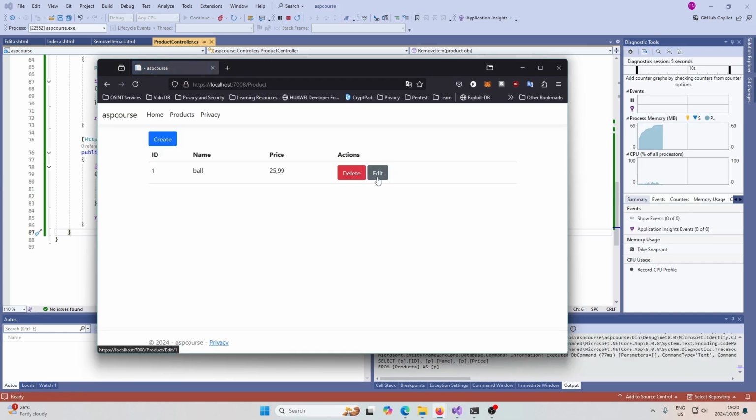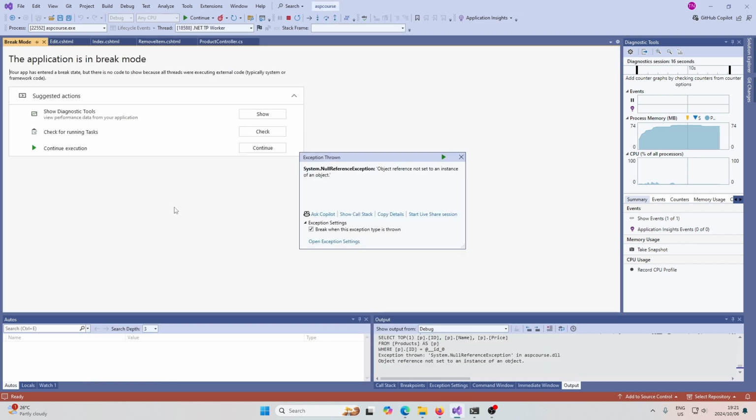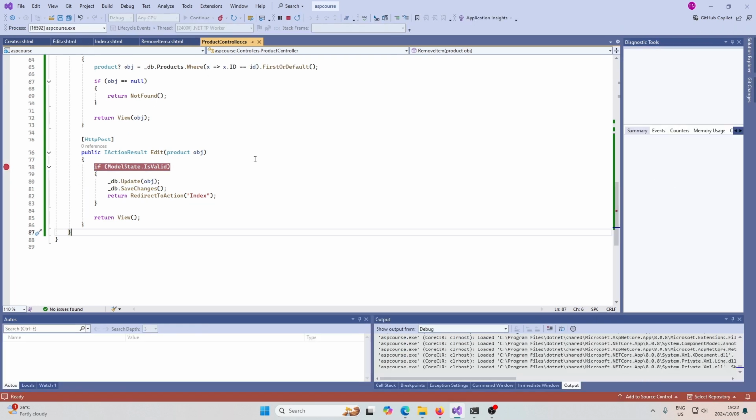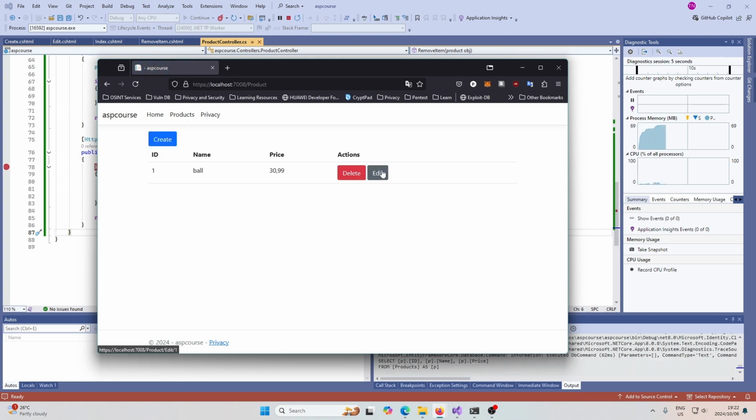We see our edit button here. If we click on it, we can update something. So let's set this to, let me try putting A here and see if that gives us an error. So one thing we can do to figure out what's going wrong here is if we set a breakpoint here. So we'll just set a breakpoint there, and we'll run this, and we should be able to see what's going on behind the scenes. So we'll click on edit,